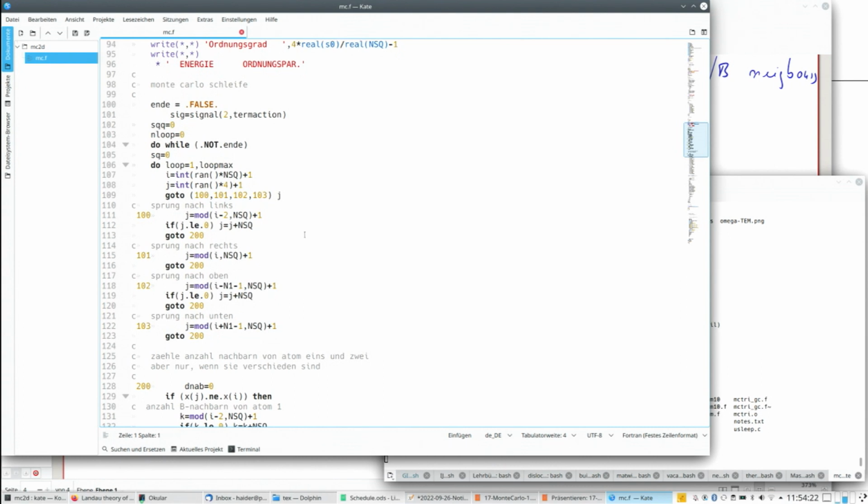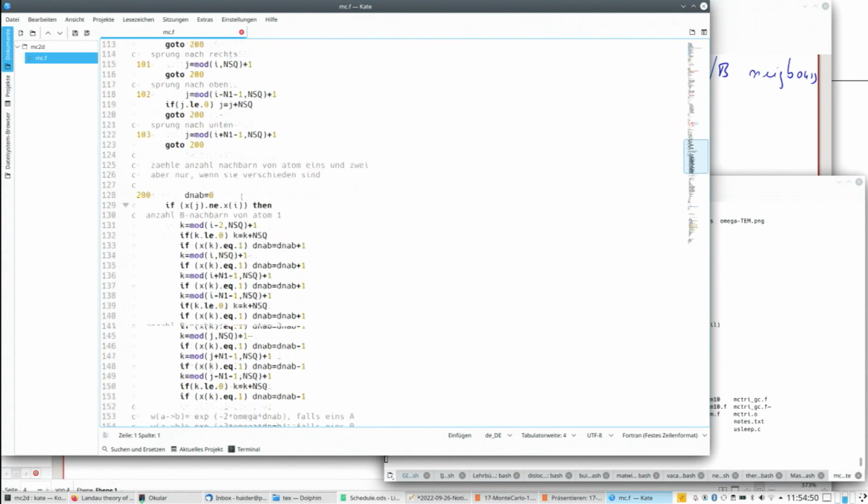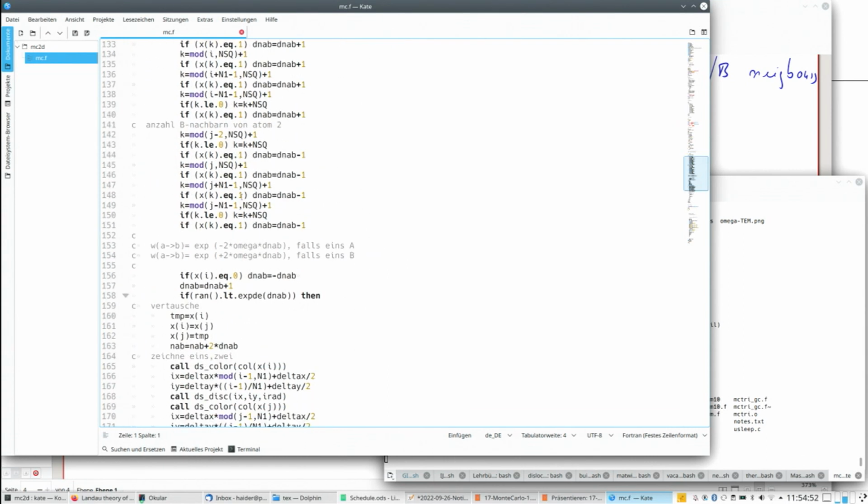This, I think, is the Monte Carlo loop. Yeah? So you choose two atoms, I and J. Here I use just one, and then I choose a neighbor. And then I choose whether it's a left, right, top, bottom jump. And then somewhere is here, this is this